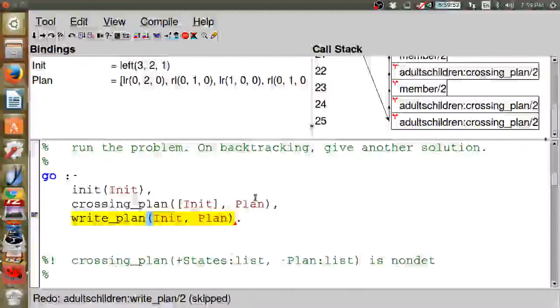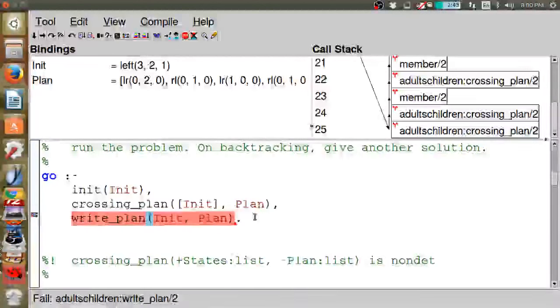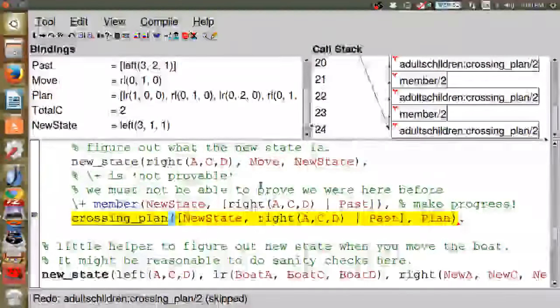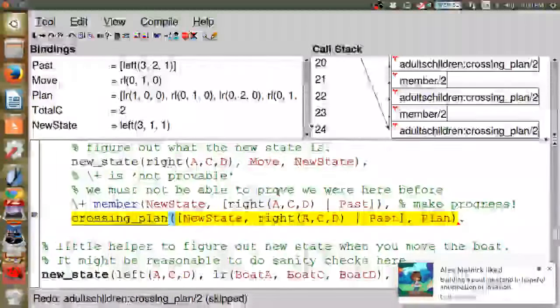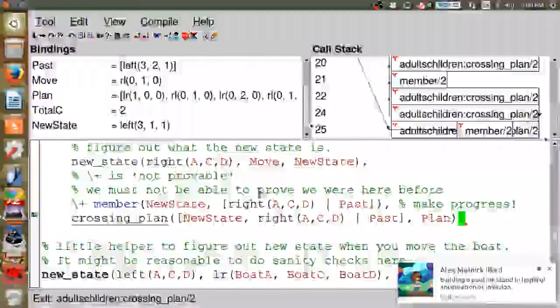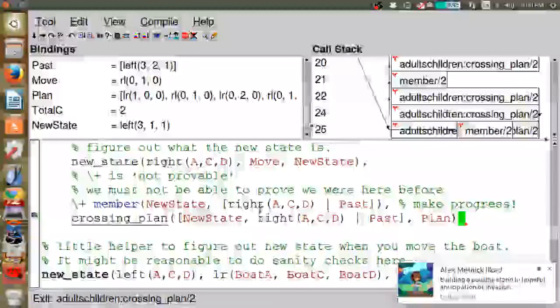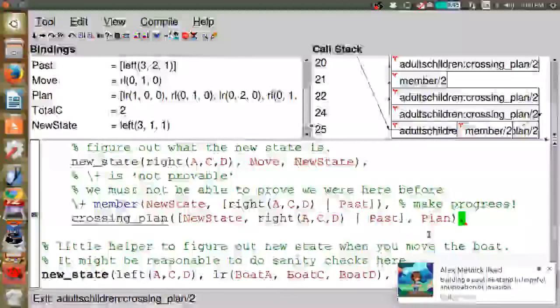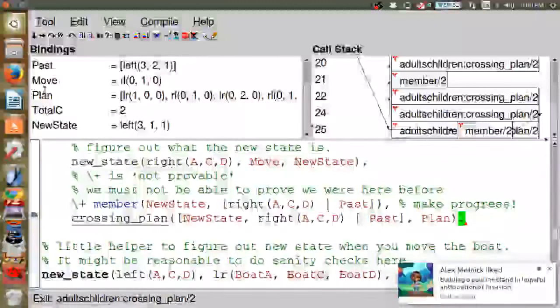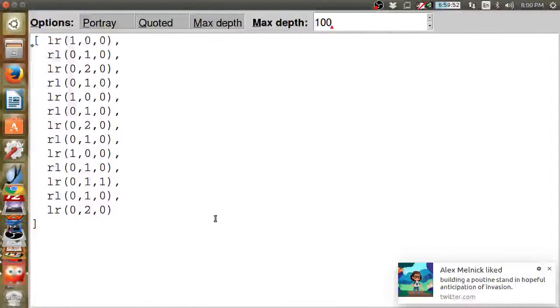Well, write plan doesn't really have any choices. So when I try and get another choice for write plan, it's going to back up and try a different plan. And what we've just seen, I hit S instead of going in. My apologies. But